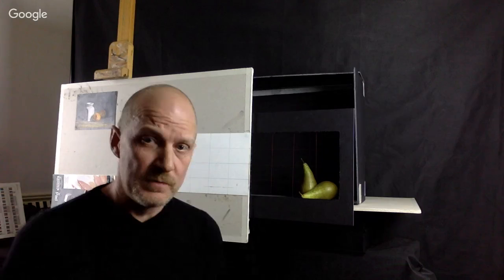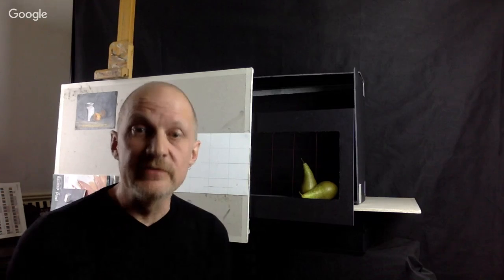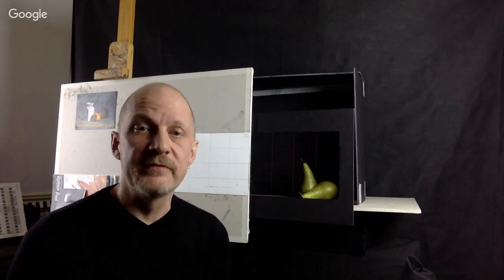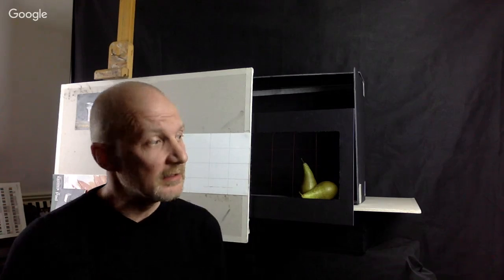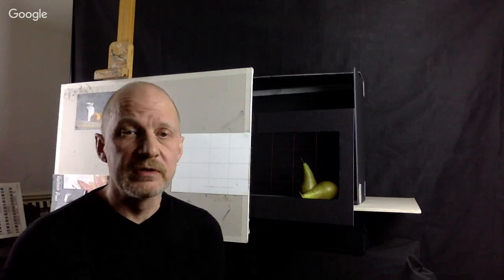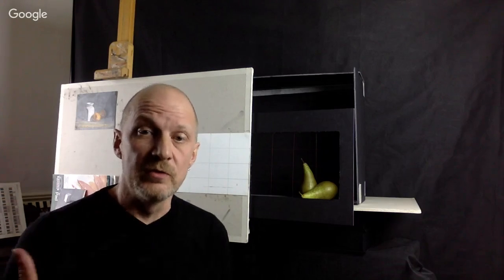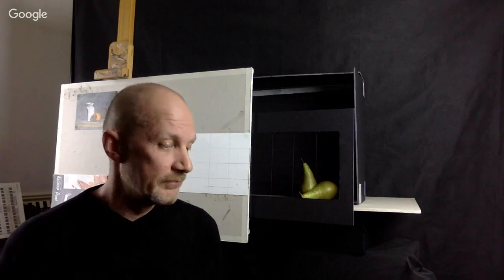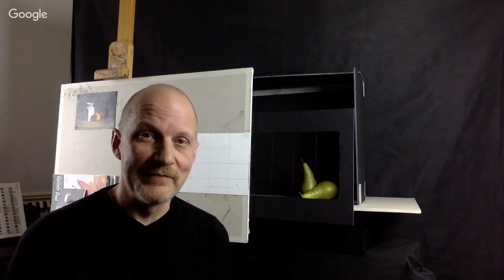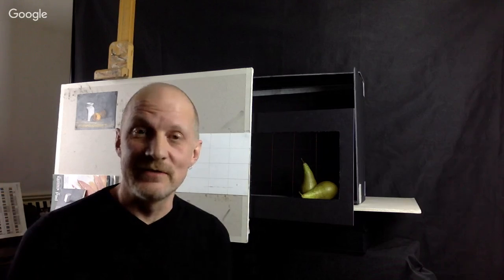Now, what I'm going to do for you is to paint a little still life, and I'm going to try and demonstrate a few features of the way that I paint and the way that I think this kind of simple approach to sight-size still life that I'm going to show you will help you to paint more realistically too, hopefully. This is the first time I've painted live on air, so whilst I'll do my very best not to zone out and just paint,